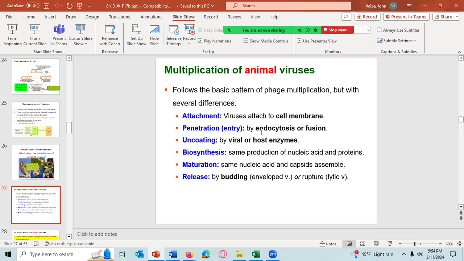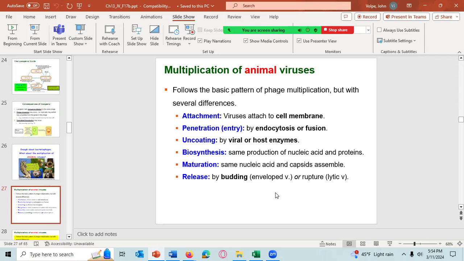Penetration is a little different. It happens by either endocytosis or by fusion. We'll talk about that in a little bit. Encoding is about the same, but synthesis is very similar to bacteriophages. Maturation also similar. And then release can differ. We do have